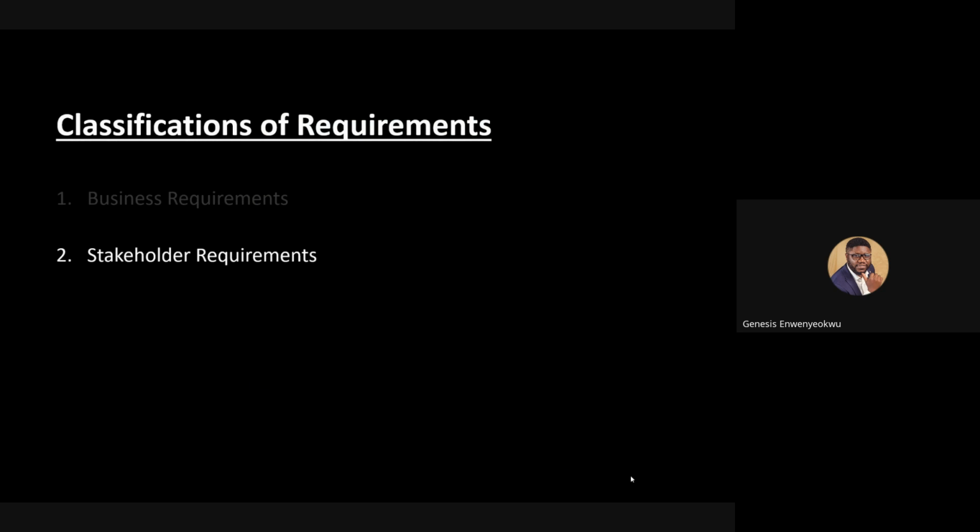Then in the main LMS, that is the learning management solution or e-learning portal, we only want registered students to be able to log in on the LMS. That is what the business needs. But if the stakeholder requirement becomes that we want everyone that accesses the link of the LMS to be able to log in to the LMS,